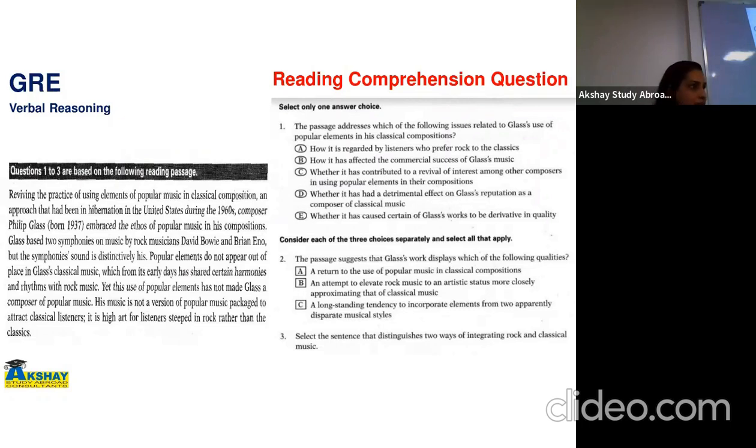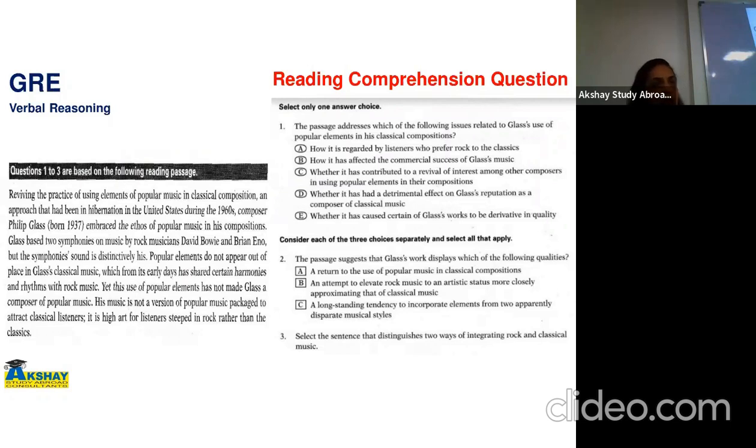So in reading comprehension, you can come across these question types. First, select 1 answer choice. You can see there are 5 options, and the options are preceded by an oval icon. Next, select all that apply, in the sense that you can choose more than 1. It doesn't mean you should always choose more than 1. You can choose 1, 2, or 3, depending on the question, the options, and the information provided in the passage. Did you get that? Okay.